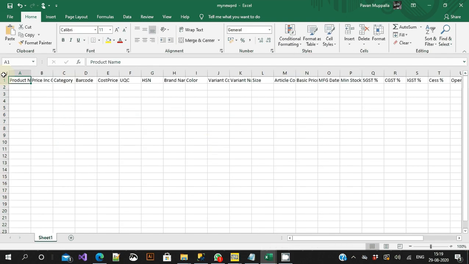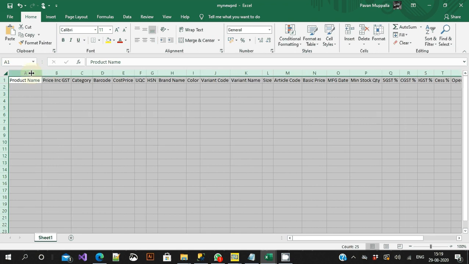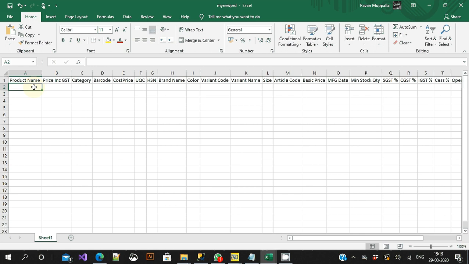Okay, so this is exactly the same as how we have added through the form. Now, instead of marker, I will add a pen. Please look at this. I'm adding two particular products, pen and pencil. Now I will say it is including GST is 100 rupees and another 100 rupees.